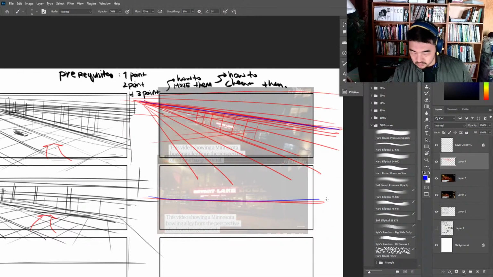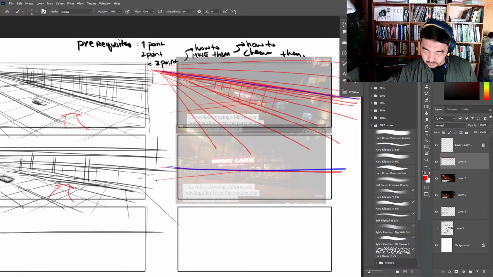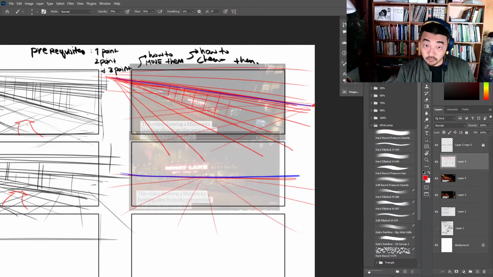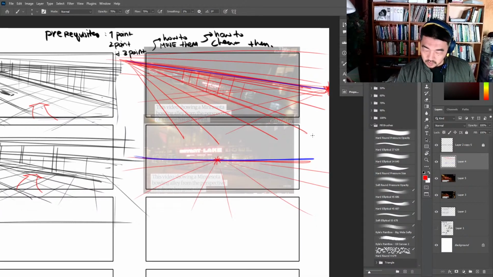The next the horizon's like about right here. And it's changed to more of a 1-point perspective. So this point way over on this side right over here has now moved to over here. So when you're animating it or when you're in Storyboard Pro, you're going to make that perspective point move over here to be 1 point.